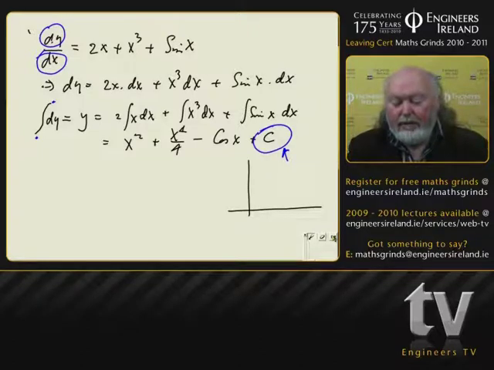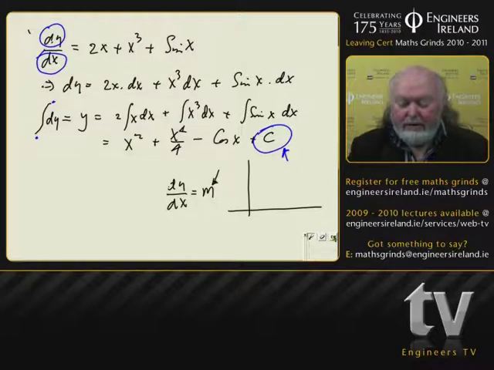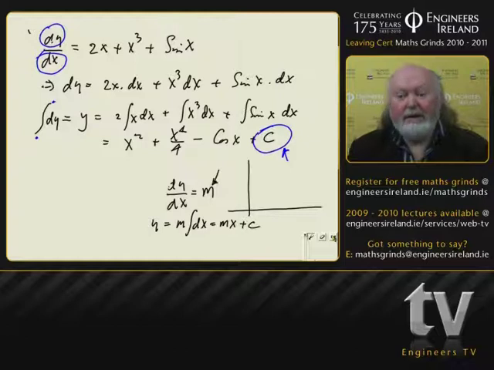If I knew that dy dx was equal to some value, we'll just call it m, a constant. Differentiating something is actually getting a slope. So we're saying, that's a slope. Now if I integrate, I'll get y is equal to m times the integral of dx, which is equal to mx plus a constant. If I plot that,